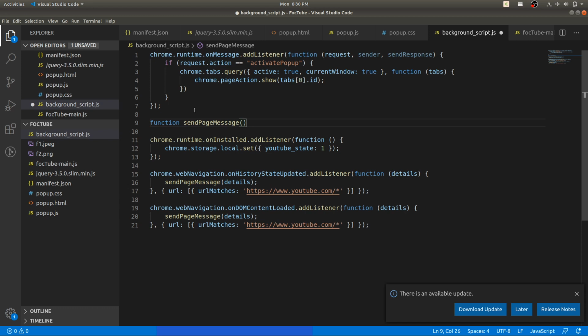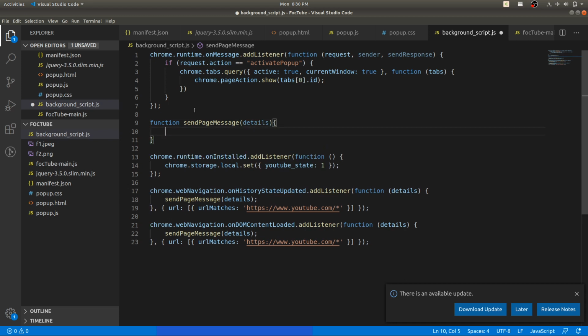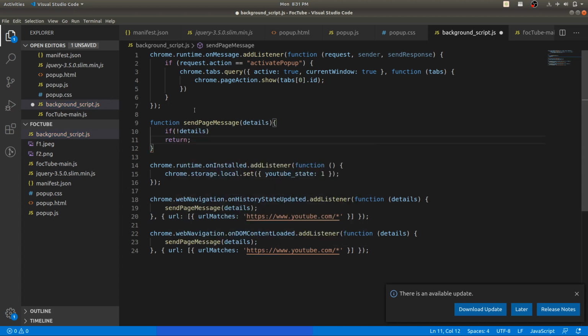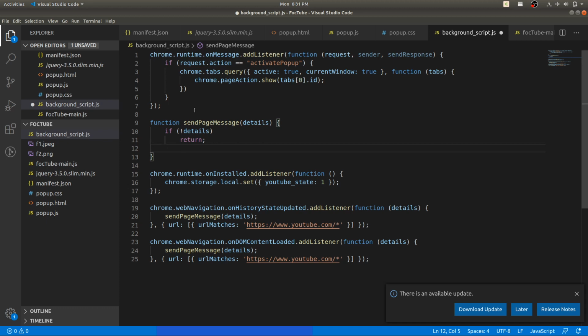Now let's define send page message. So what it will have details as a parameter, and then if there is no details, then we will just return back. So otherwise we will derive the URL from it.